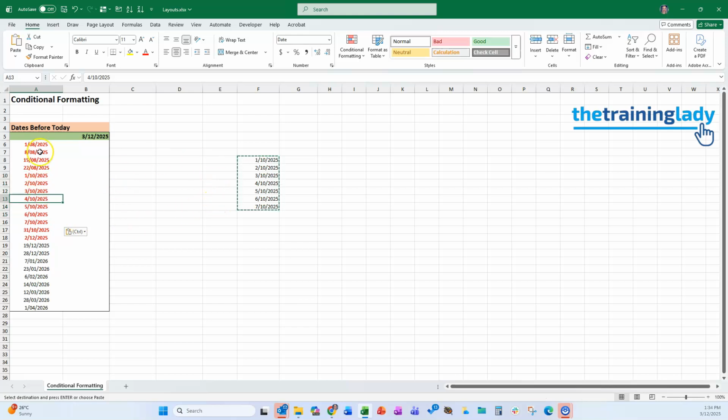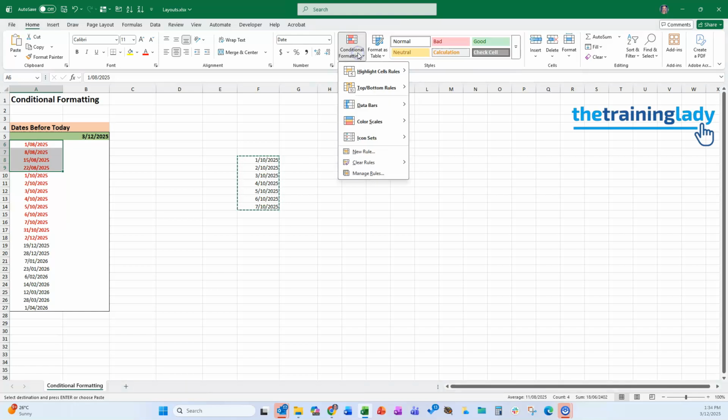The last thing you want to be aware of is how to clear formatting off. So if you happen to have formatted something that you maybe didn't anticipate to use, I can highlight those cells. So I'm going to, for instance, exclude August. So I've highlighted those 4 cells. I'm going to go to my conditional formatting button here, and you do see that you have a clear rules